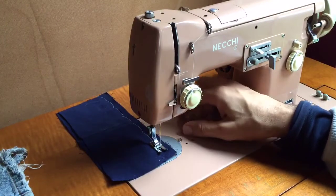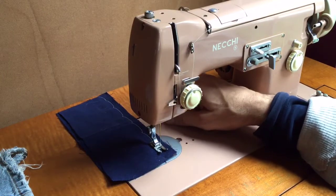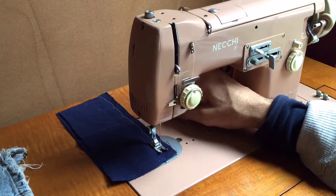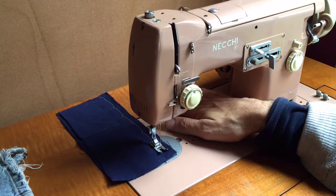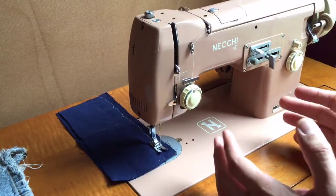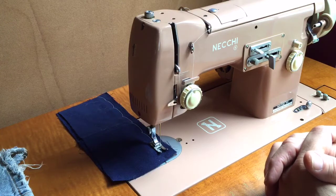I don't know. But anyway, in the posting on Craigslist, you're going to see the list of all of the things I did to the machine. As soon as I finish the video, I'll be creating that post. And I'll itemize and provide for you lots of photographs of all the restoration work, because when a sewing machine is collectible, and if you find one, you really need to have it gone through fully, not just sort of cleaned at a glance. It really needs to have all of the systems inspected, taken apart, and really given the tune-up that it needs, because these are real machines. They're made of all metal, and they need to have service,